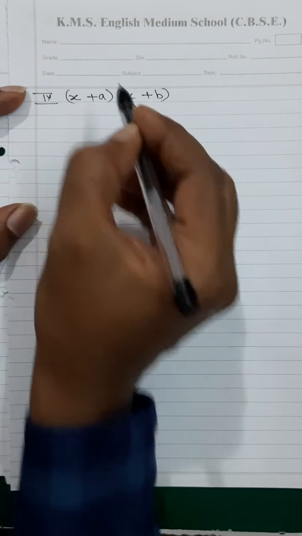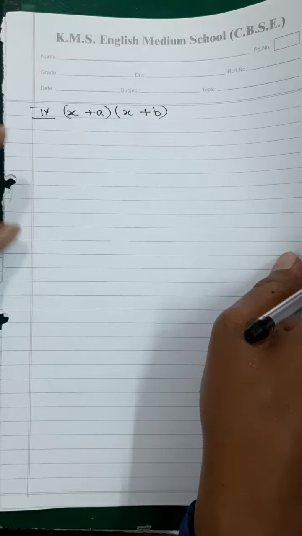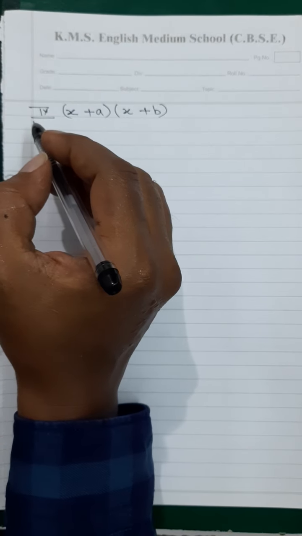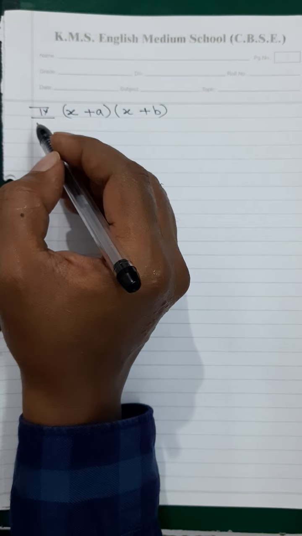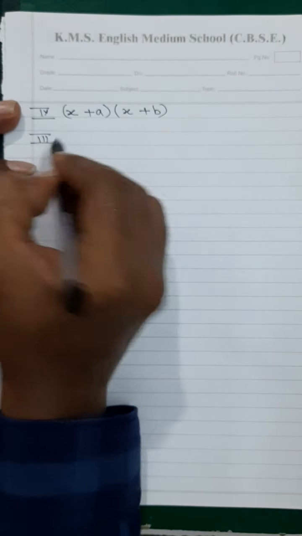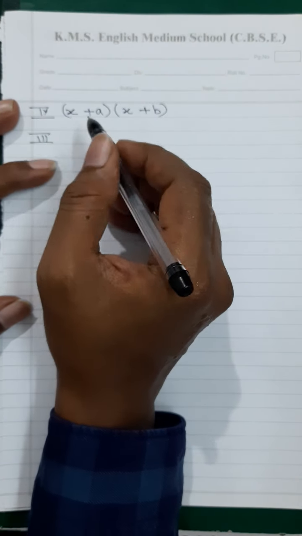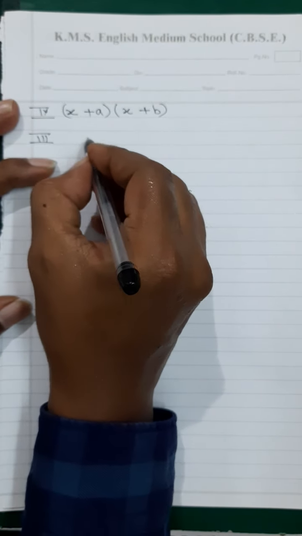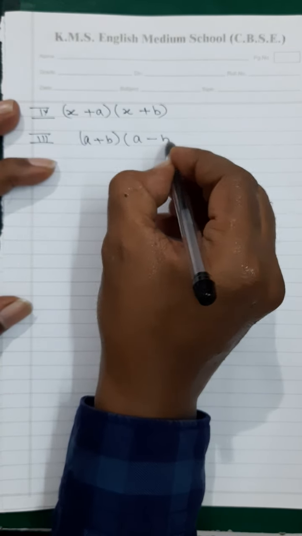Remember, I am starting as the series, as the questions in the exercises are going, and that way I am starting. Then we have got identity third. See, what is the third identity saying? The third identity is saying that if supposing, I can go in reverse way, a plus b, a minus b.